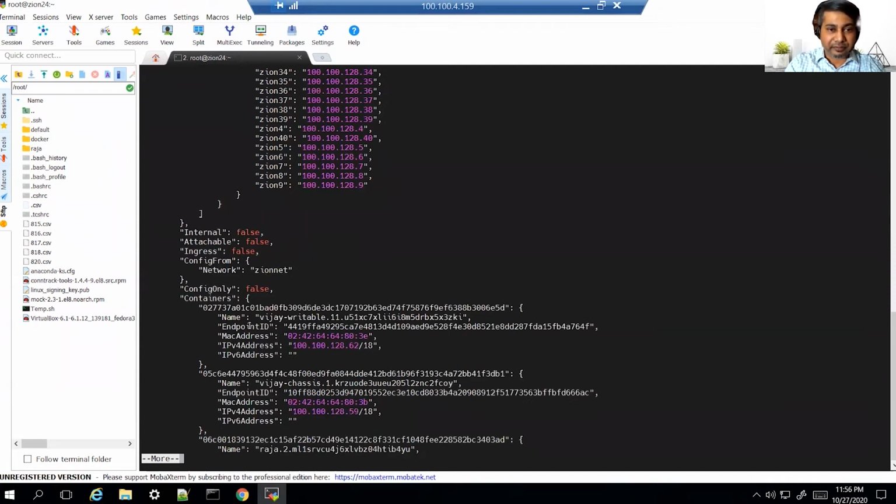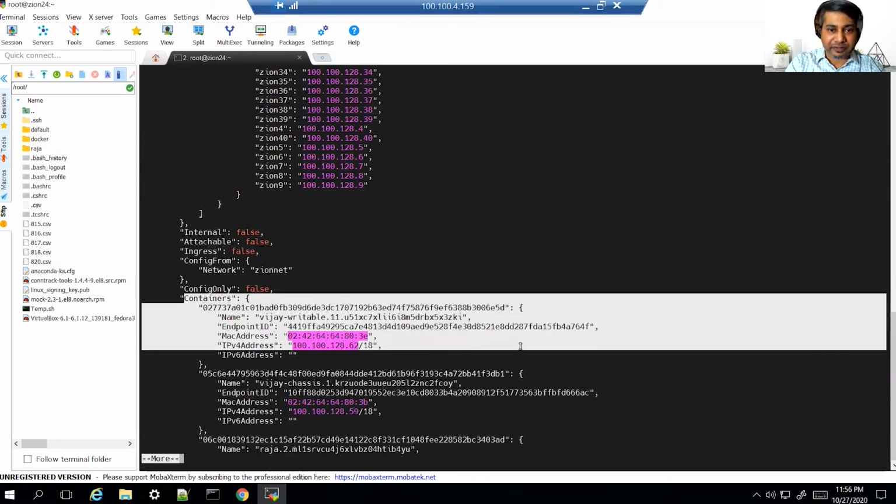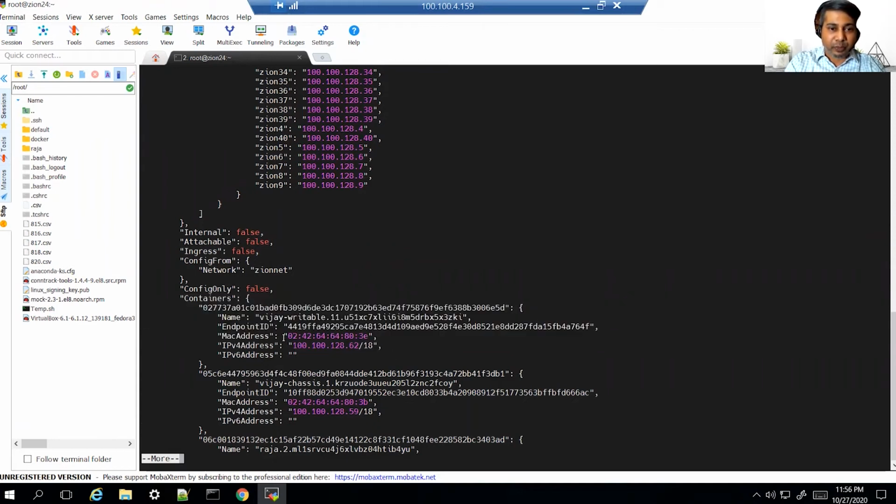So you can see here in the highlighted section that there are a few containers listed with their MAC addresses and IP addresses, and this is pretty much in the same range that we've given, which means that any traffic that is flowing from the outside network gets into the host and into the container pretty seamlessly, and then also flows back. So all the inward and outward traffic is flowing seamlessly between the external entities and your containers and back. Within the containers also, each container can talk to every other container that you have.